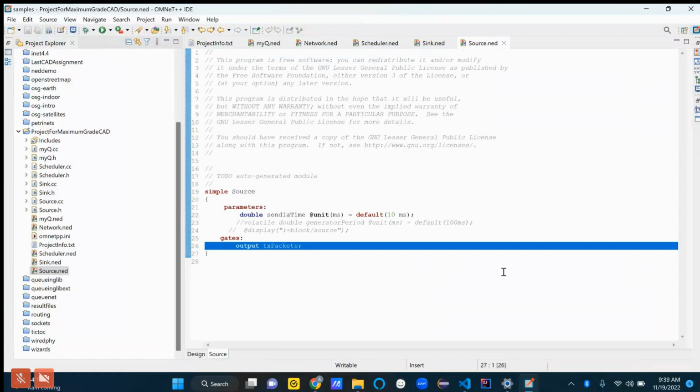So the thing to keep in mind here is this source is a single user. So when we actually look at the network, it's an array of things of type source that we're using as the quote unquote source. Okay. Cool.